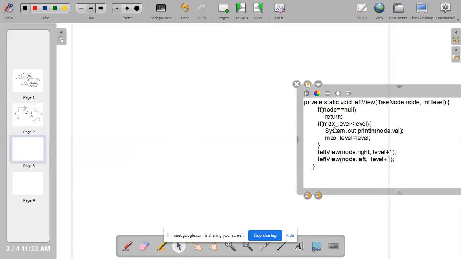And what I am doing here: if max level is less than level, then System.out.println of node.value, and max level becomes level. This is my induction. Why is this my induction? Let's think about it. So this is my tree.